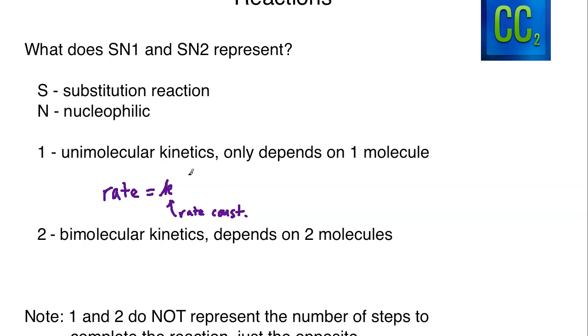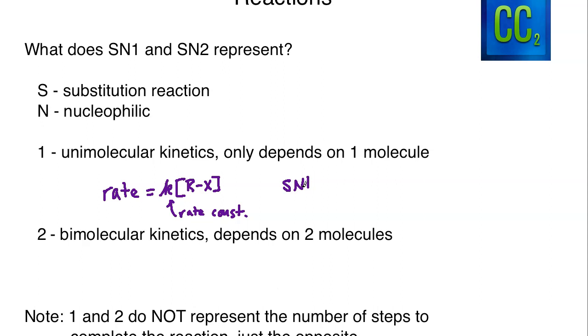So in the unimolecular kinetics, we have the rate constant, and then it's going to be the product of the rate constant and the leaving group. So I'm just going to use R as a general alkyl molecule and then X as the leaving group. So the concentration of the leaving group is the only thing that's important in an SN1 reaction. The nucleophile does not play into what's called the rate limiting step. And so when we have unimolecular kinetics, it is only going to be determined by how fast the leaving group